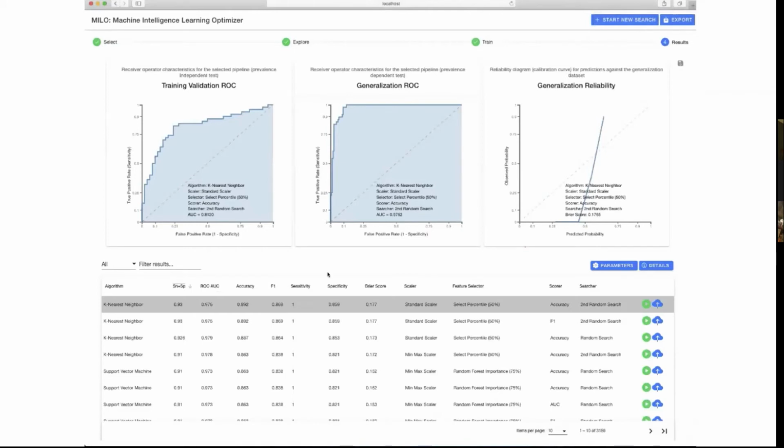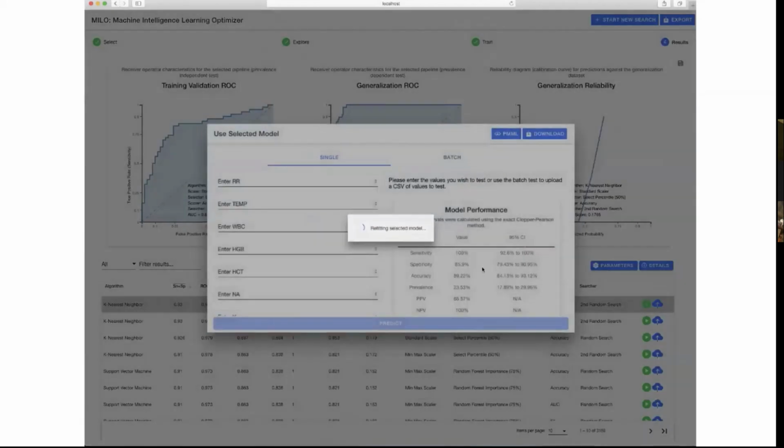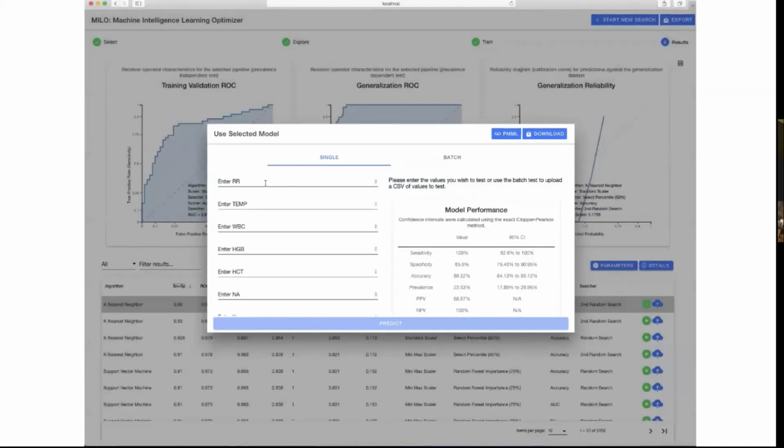So now if you're happy with that model, you can actually start testing it live. You don't have to wait. So by pressing the green button, you actually can start testing it immediately. I can do single testing or batch testing, and I'll show you the batch test in a second, but a single test is like if I put in some basic parameters for somebody who should have sepsis, let's see if they will show that they have sepsis or no sepsis.